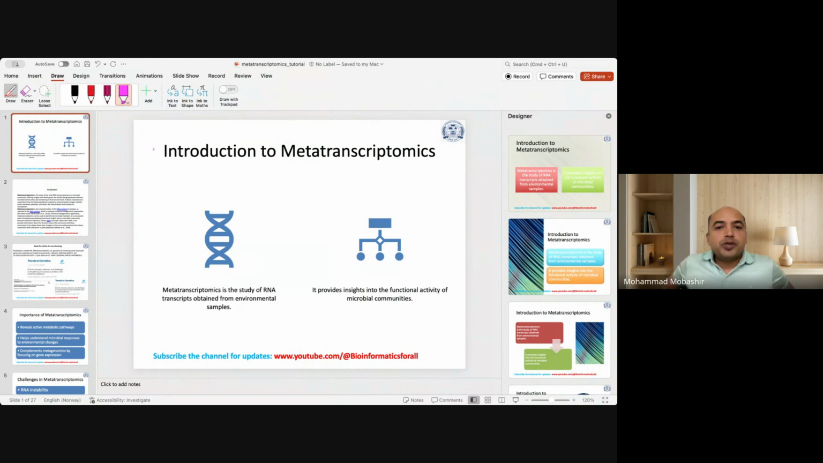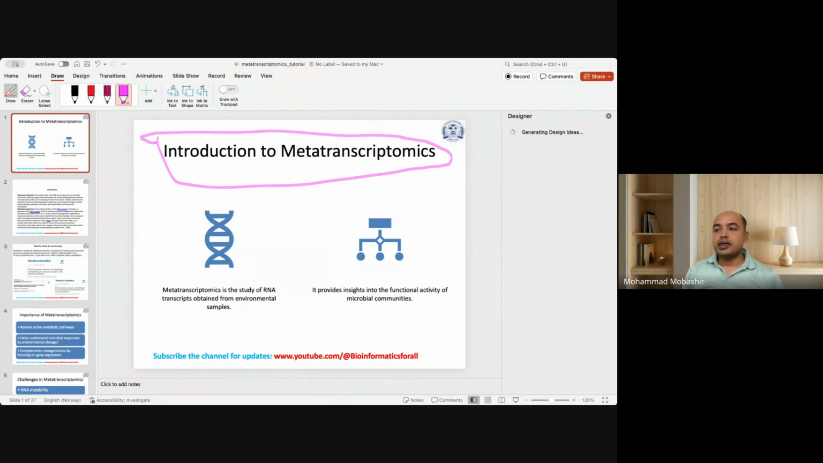Hi, today I'm going to present a very interesting topic, which is metatranscriptomics. So basically, I'm going to present the introductory idea, pipeline, and the details of metatranscriptomics. Metatranscriptomics is the study of RNA transcripts obtained from environmental samples, which provides insights into the functional activities of